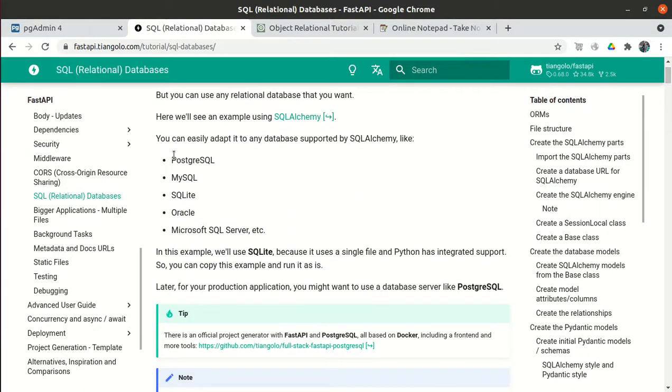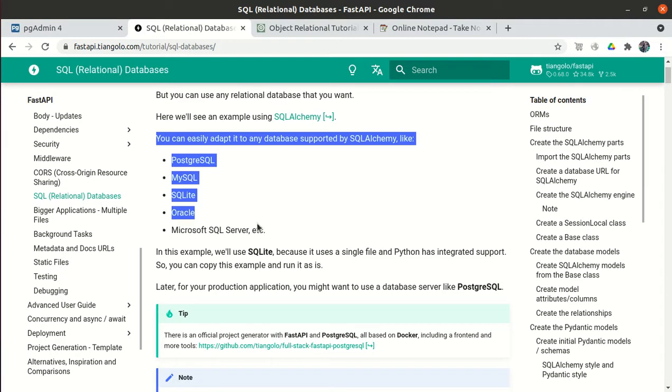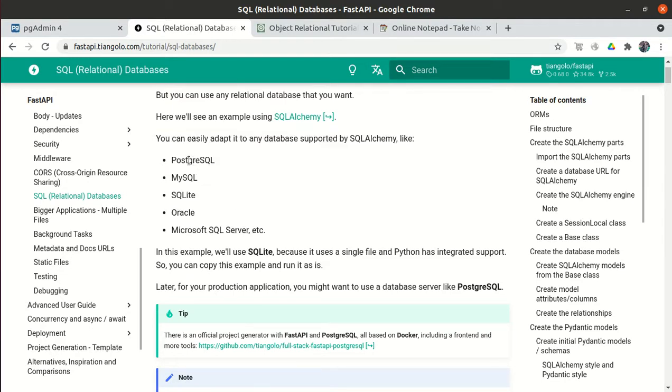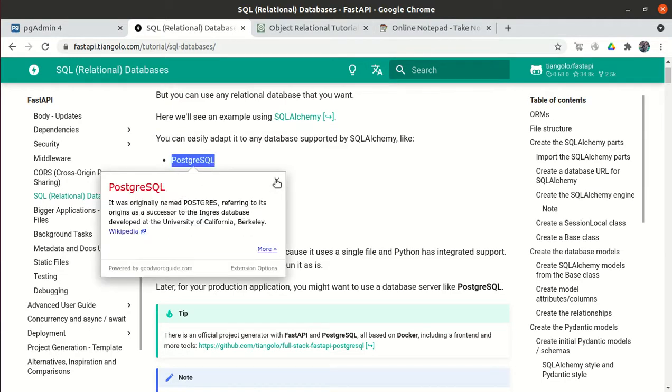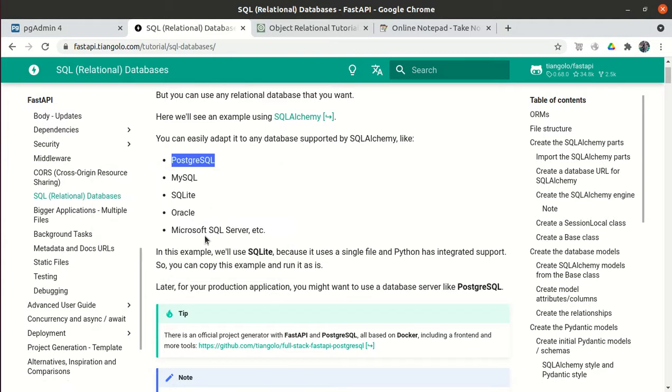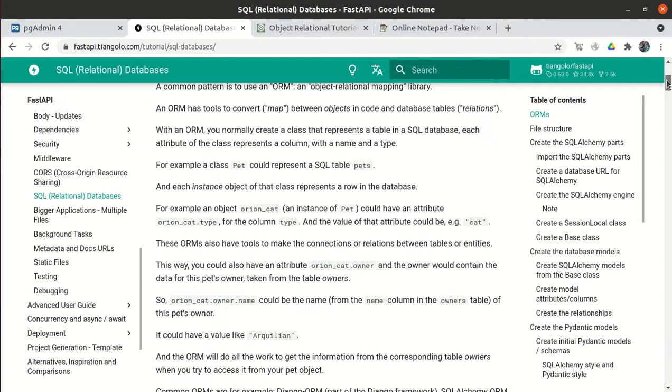They say that using FastAPI we can connect with multiple databases, that is Postgres SQL, MySQL, SQLite, Oracle, Microsoft SQL Server, like any database using SQLAlchemy, right? And we will use SQLAlchemy only to connect with the database.